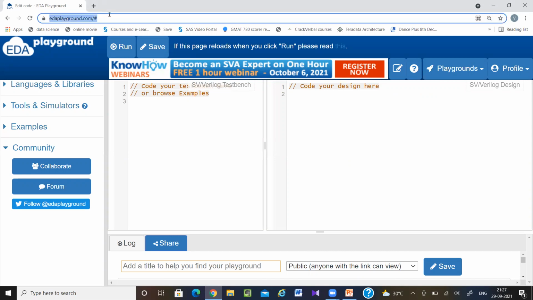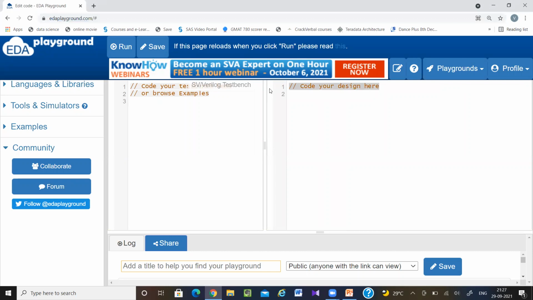Here you can log in with your mail ID. But here you won't be able to synthesize the code. You just have to write the code and check whether it is correct or not. If you are preparing from a design point of view, then it will be better if you download some tool that is able to synthesize your code. So we will start with a simple full adder.